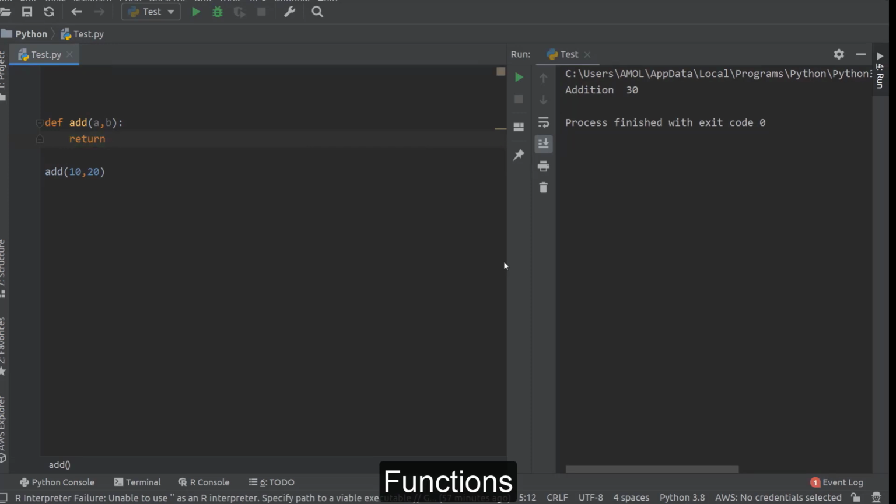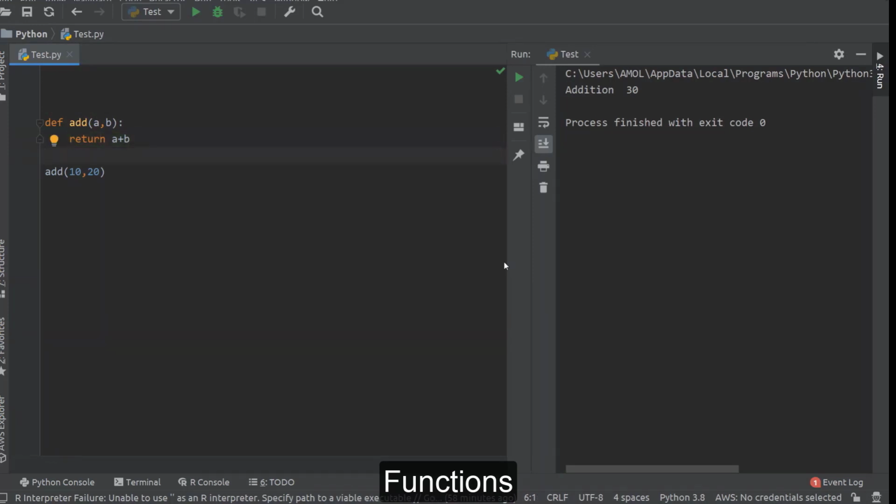Write down this keyword return, and in front of return write the value which you want to return from that function. That value can be anything. It can be a simple integer, double, float, string, or list, or whatever it can be. Whatever value you want to return from this function, write just in front of the return keyword. So here we are saying return A plus B. So now in our case, the add function takes input of two values and returns the addition of those two numbers. That will be considered as output.